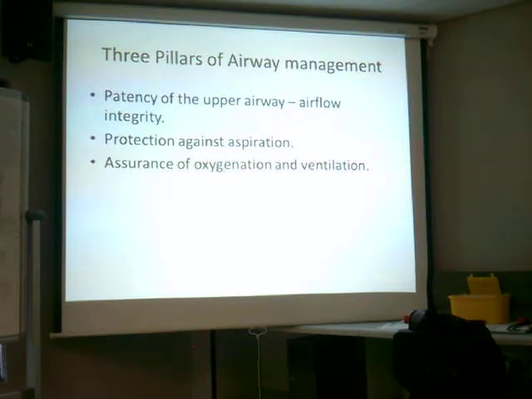Meaning that we want that airway to be open, we want the air to go into the lungs, we don't want it to go into the stomach. We want to protect the patient. If he's not going to vomit now, he might vomit later. So we have to make sure that we protect, so that can be done by either putting in a nasogastric tube that goes into the stomach to drain any of that excess food, or by putting in an ET tube that will protect his upper airway.